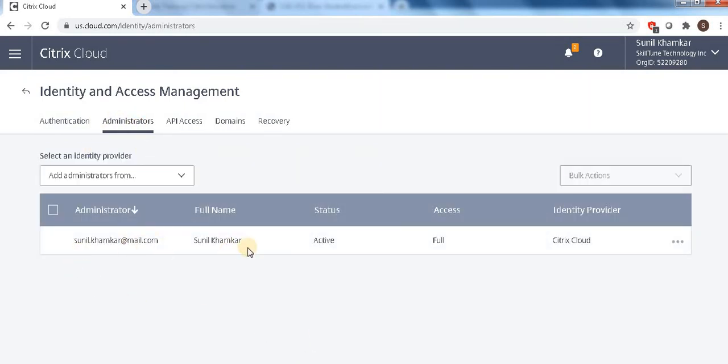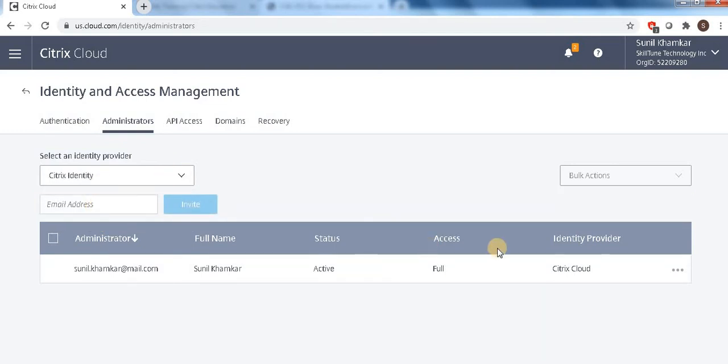Here you can see I am the full administrator, and if I want to add one more person as an administrator or custom admin, how should we go and add them? Click here, click on Citrix identity, type that person's email address and invite them. So let me do it.